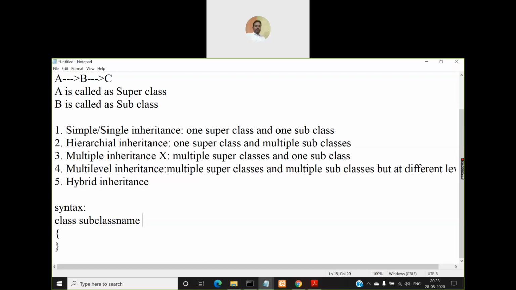So after giving the name for the subclass, you give a space and use the keyword extends. extends is a keyword in Java which is used to inherit members of one class into another class, right? So: subclass name extends superclass name.